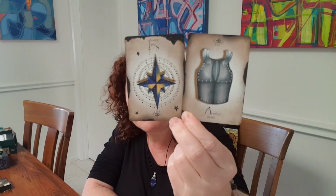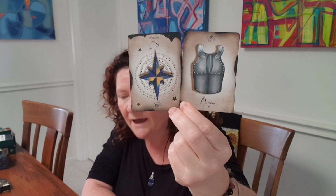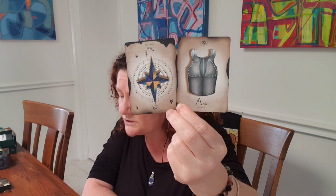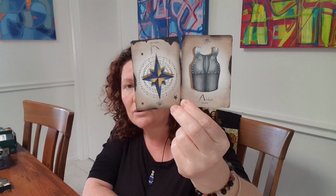Is that what I really truly want? And I've got some cards here that sort of reiterate these particular messages. So we have the star and we have the armor. The armor there is that feeling of being constrained, perhaps wanting to protect yourself because you haven't been certain of what you wanted. And I think that makes a lot of sense for you, pile number 2, particularly with